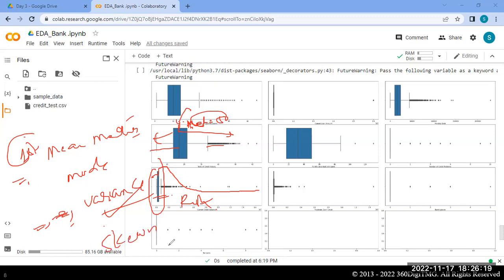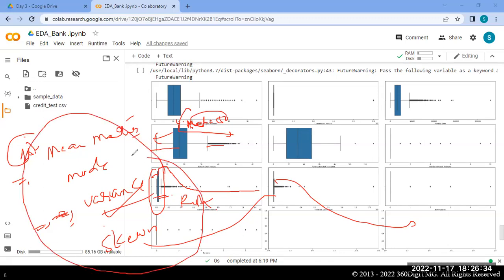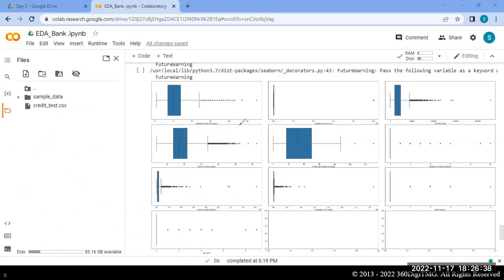Using the box plot, or you can go with the skewness as well, whether it is having positive skewness or negative skewness. Positive skewness means right side skewed, whereas negative skewness means left side skewed. Like that, we will be able to find out, and we will be doing the exploratory data analysis. When you do exploratory data analysis, you will come to know what the features are, and what inferences are hidden in that particular data frame.